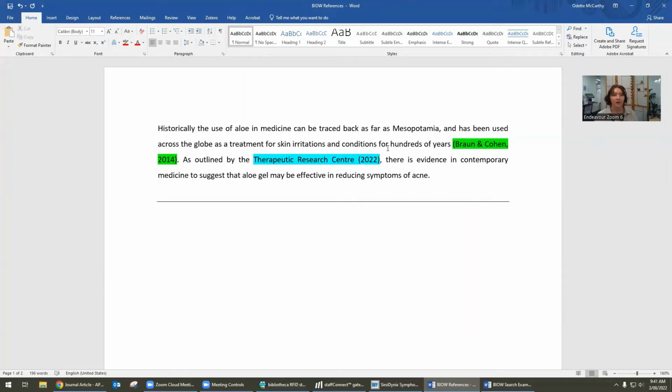There are a few reasons why this is a good thing. Firstly, it means that you aren't at risk of accidentally plagiarizing anything. If everything is written in your own words and isn't the same as the original source, it means you're not plagiarizing that content. It also means that your lecturers and your markers can see that not only were you